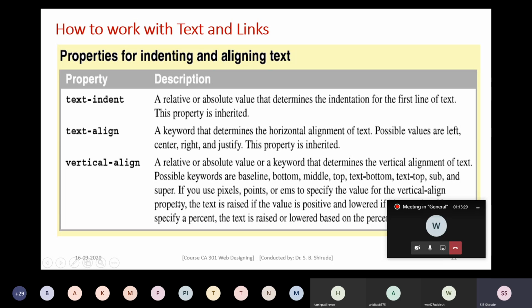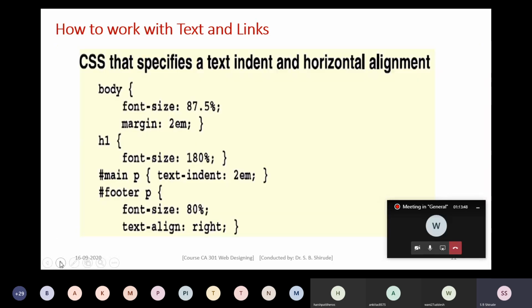So this sub and super will be used for superscript and subscript. So vertically you can align it as a top, middle, bottom. Or text-bottom, text-top means relative to the text. So like that you can make use of text-align or vertical-align. So this way for indentation and for alignment, you can make use of the properties.